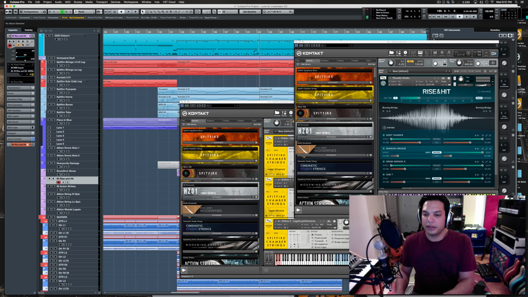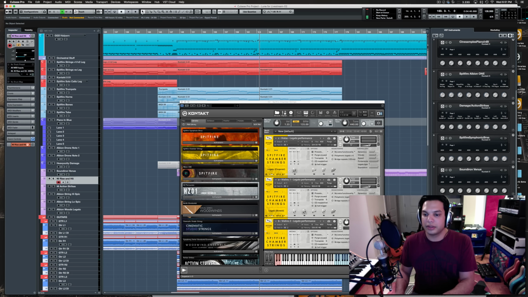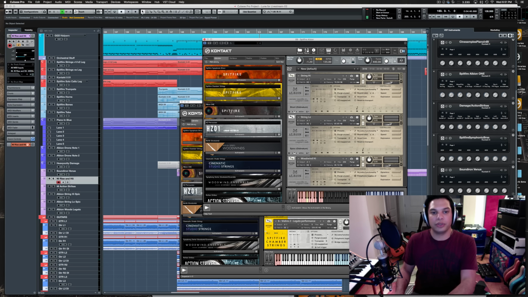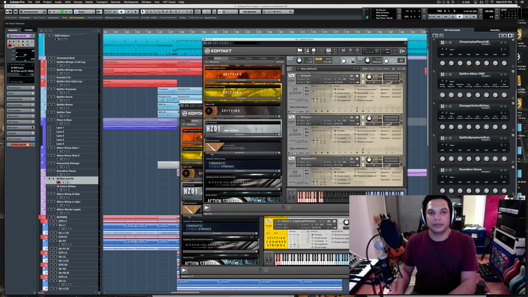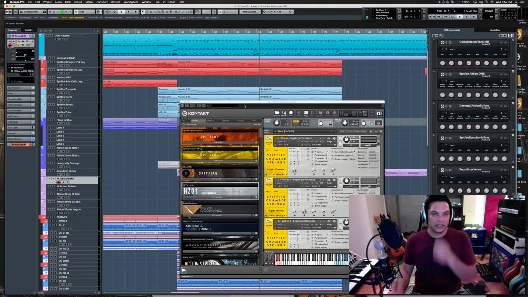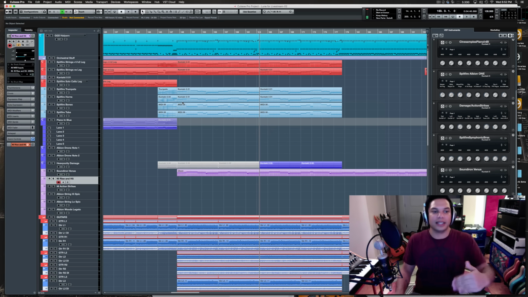And then the old version of Albion, which they don't sell anymore, but most of it is included in this new version of Albion 1. But this isn't like a full orchestra. This is me adding parts as I needed it. My actual orchestral template has all the sections, and I have expression maps for all the articulations. And that's something I could go into more detail with another stream.